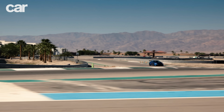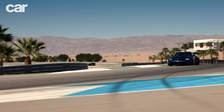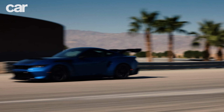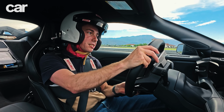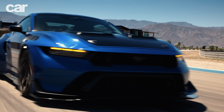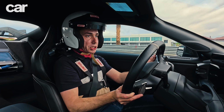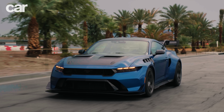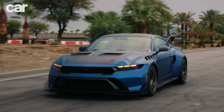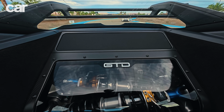Yeah, super friendly, super approachable, not the last word in being absolutely razor sharp, but something that's enjoyable to drive. It doesn't make you feel like you're not worthy of it. It's perhaps not as multi-layered as other lighter track cars, and I think that's a compromise you've got to take, especially given its on-road ability and the weight. But the engine, the gearbox, the brakes, the suspension,